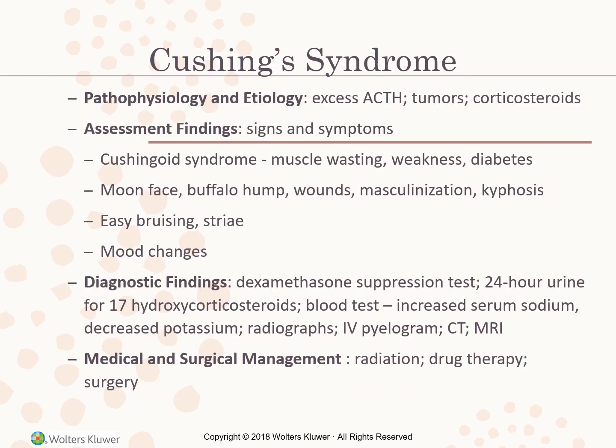Cushing syndrome is an endocrine disorder that results from excessive secretion of hormones by the adrenal cortex. An overproduction of adrenocortical hormones results from the overproduction of ACTH by the pituitary gland, with resultant hyperplasia of the adrenal cortex and excessive production and secretion of glucocorticoids, mineralocorticoids, and gonadocorticoids. Also from benign or malignant tumors of the pituitary gland or adrenal cortex, or prolonged administration of high doses of